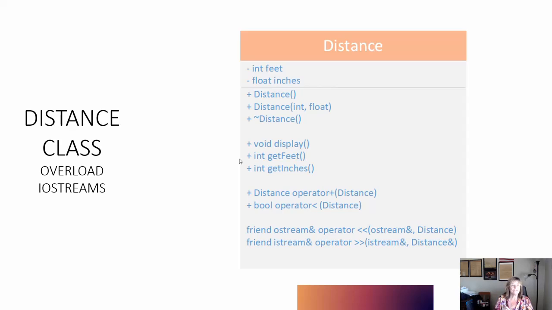The function is going to be declared inside of the class, but it is going to be defined outside of the class. And even though it is declared inside and defined outside, it is not a member of the class. So we will try this as a friend function. All right, so how about if we try it out? We're going to write our distance class, and we're going to